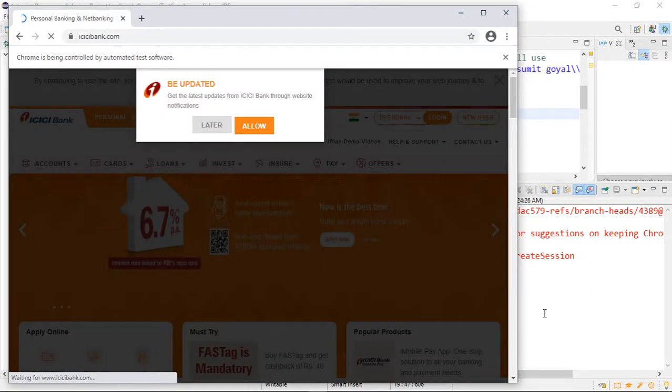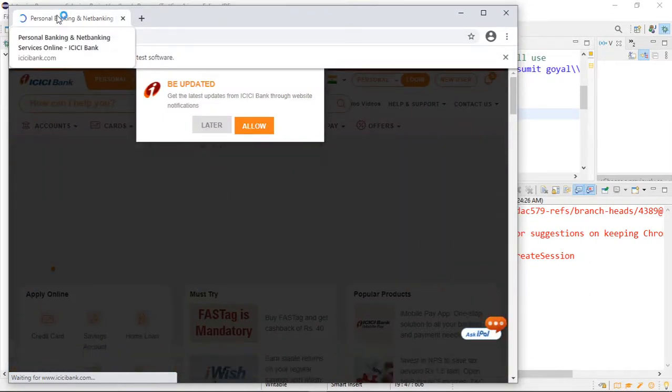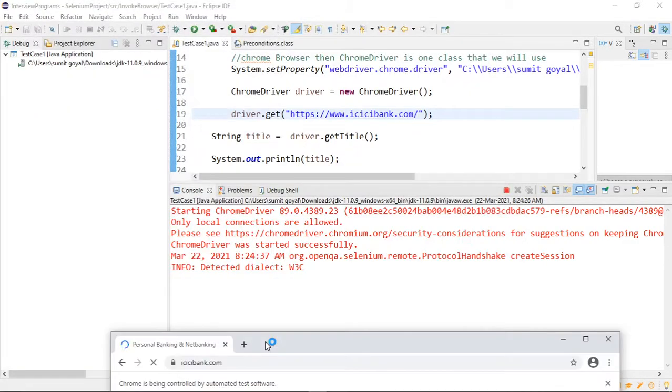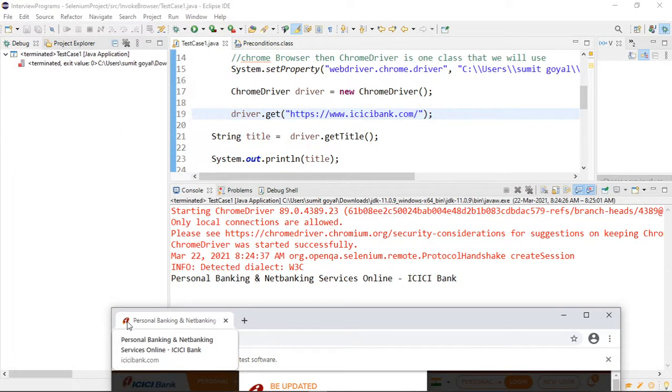It has opened this one, and after that it should fetch this title. Until this finishes, it will not print the title. You can see that it has printed personal banking and net banking services online. So this method is clear to everyone.